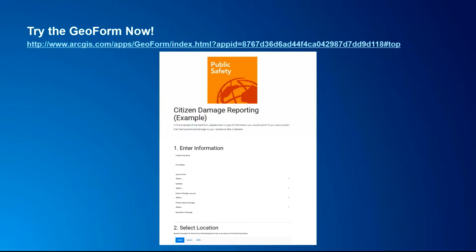And the example that we've got configured here is from a citizen damage reporting perspective. So basically, after a disaster would happen, citizens might input that their home or property was damaged, and this is a way to communicate that to the emergency management agencies and help expedite the damage assessment process. So the GeoForm is just one of the apps that we have available in our collection,